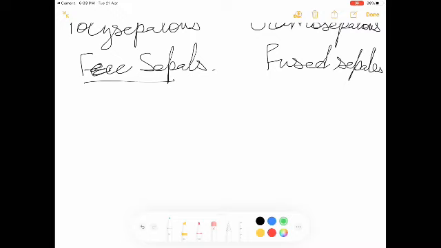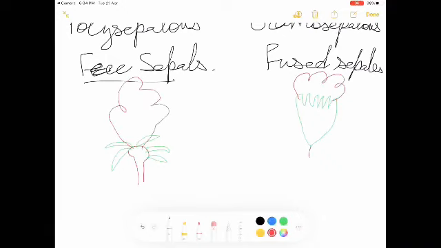Whenever fused sepals are there, they are fused in the whole body, but their upper part has some divisions, separate lobes, and the flower is attached to them. But wherever free sepals are there, the sepals are free in nature, they are all away from each other. These are called free sepals, and the flower is over them only. So these are polysepalous and gamosepalous.